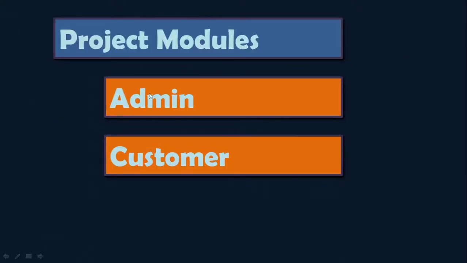So this project will have two main modules. One is the admin module and the other is the customer module. We all know the customer is very important to the bank. The customer can create an account and then communicate with the bank to make transactions. So here are the two main modules. I'll explain what things we can add in each module, and later I'll show a demonstration of how the whole thing works.